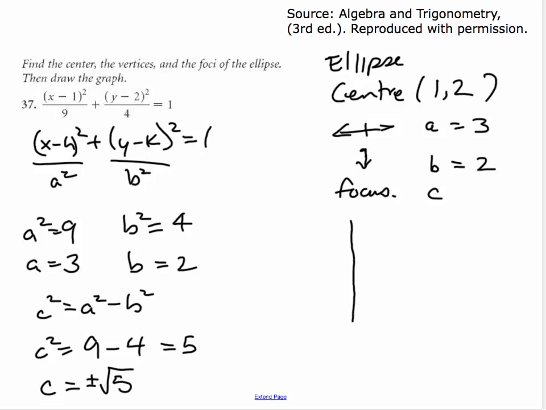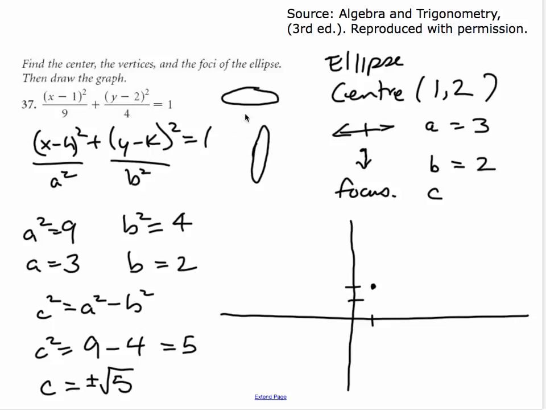Okay, so if I wanted to graph this, I'd first plot my center. That'll be at the point 1 and then up 2. So right there is the center of my ellipse. I know it goes sideways. It's one of these ellipses, it's not one of these. So this one, yes, this one, no. So it's that one. My longest side is going to extend this way and that way